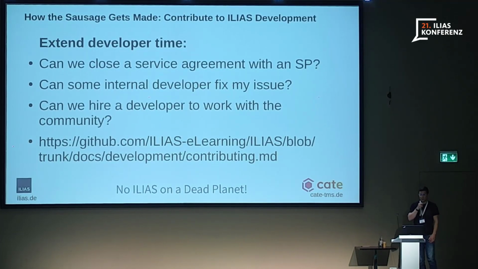Hire a developer. And that is where that URL I promised comes into play. We have a very well working process to contribute bug fixes to Elias, improvements to Elias, that is documented there. So give that link to the developer in question, and then he might already be ready to contribute code